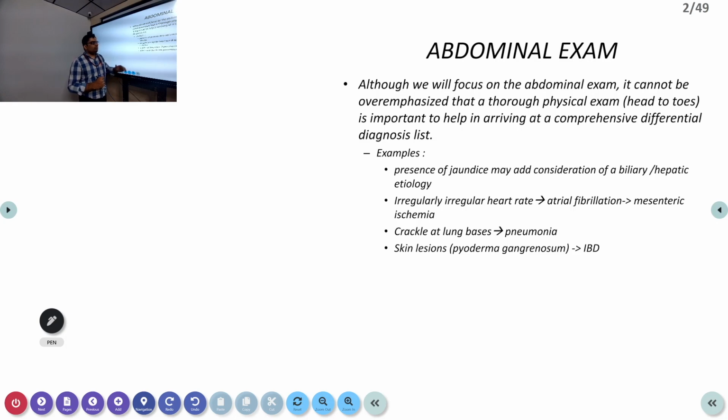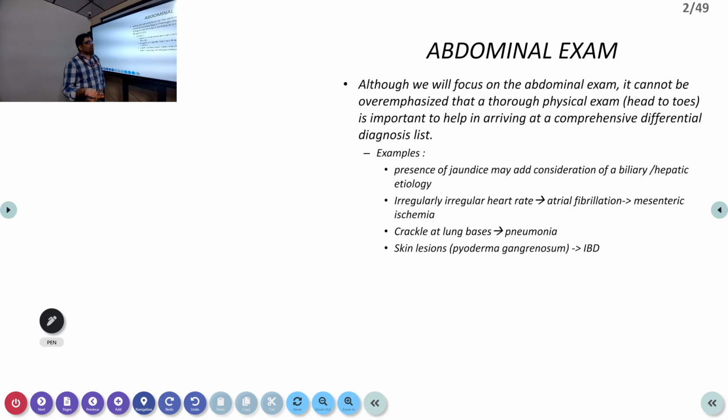Because it is so difficult to diagnose an abdominal pathology, most of the time we rely on USG as well as CT. If the patient has severe abdominal pain and you suspect an acute abdomen, most of the time we will end up getting a CT and proceeding as the CT says. But still, it is an art and a science, the examination of the abdomen, which you still have to know. Maybe in your practice you may not follow it, because as I told you, it does not always correlate with the end pathology.